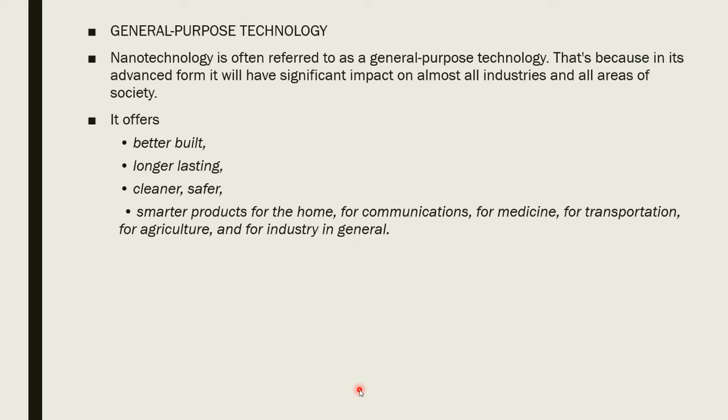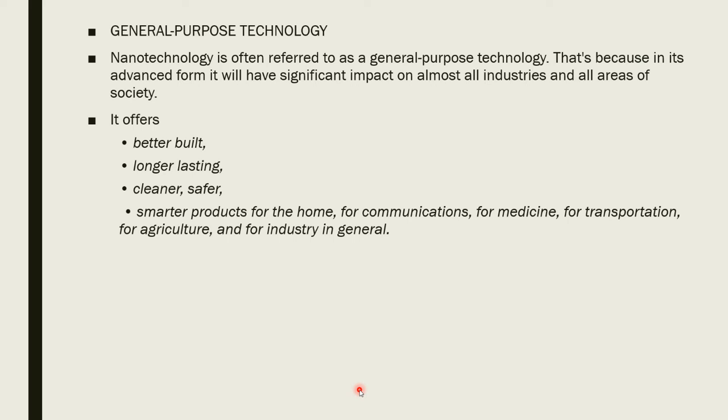So we can say that nanotechnology is a general purpose technology. Why are we saying that? This is because nanotechnology is often referred to as a general purpose technology because in its advanced form it will have significant impact on almost all industries and all areas of society.